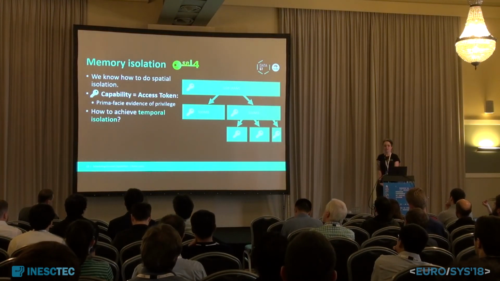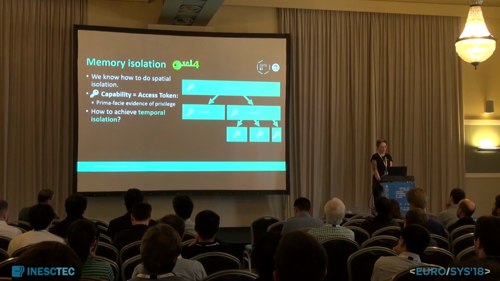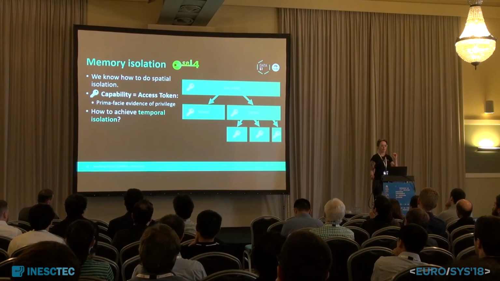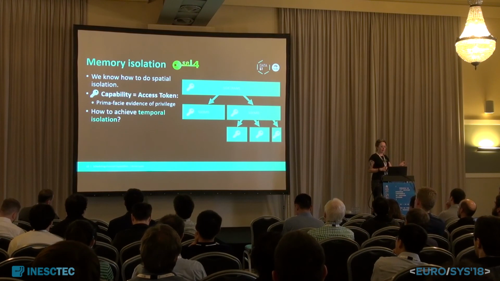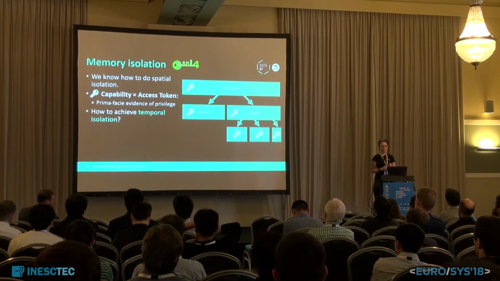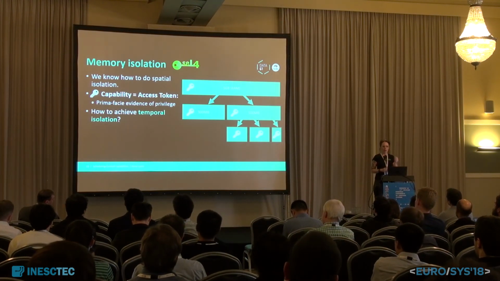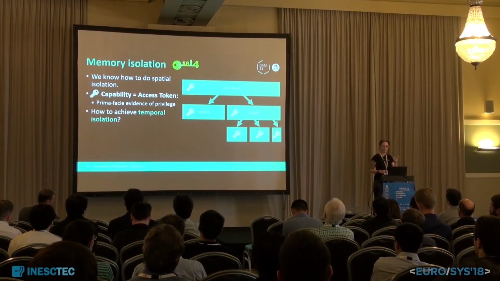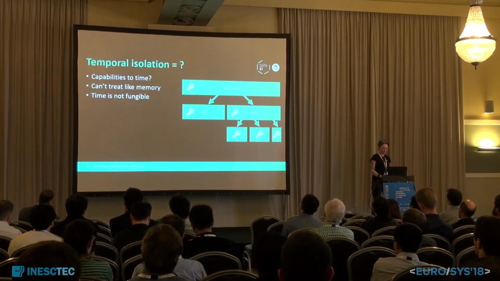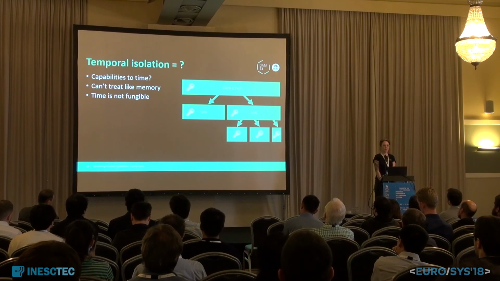So I said that in seL4 we know how to do spatial isolation. We do this by having capabilities, an access token. We pass a capability to all of the memory in the system at the start, and the initial task can then break up that memory however it wants. It can slice it up, hand it out, delegate to subsystems, and this allows us to have spatial isolation without applying any restrictions on user level policy. And this is what we really want for a small trusted computing base. What about temporal isolation? It would be very nice if we could do the same thing for time and say, here's 100% CPU, let's split it up and hand it out.